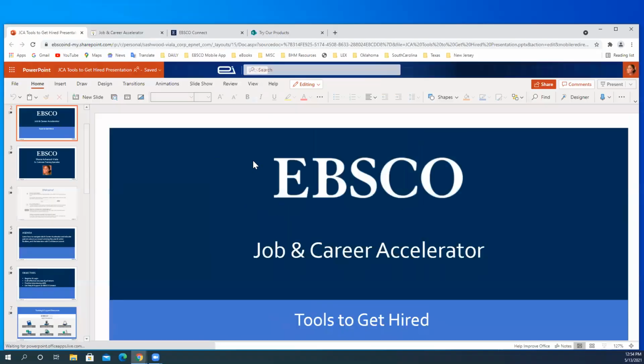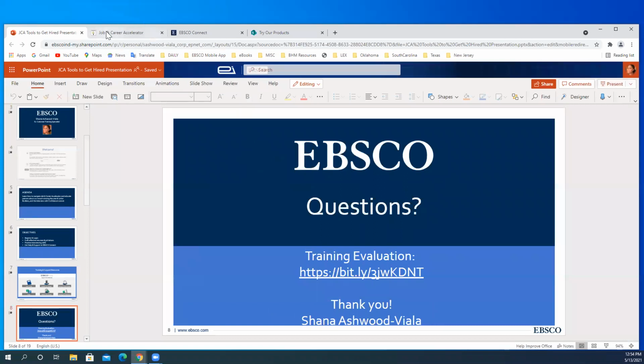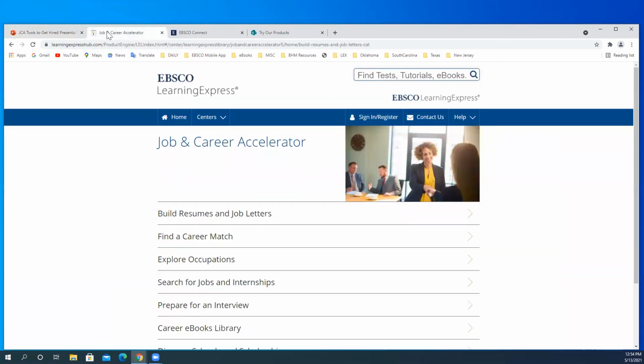So let me exit out of this PowerPoint and jump right into the platform. We are now looking at the Job and Career Accelerator landing page, part of the Learning Express library platform. We're going to be talking specifically about the Build Resumes and Job Letters section on Job and Career Accelerator today